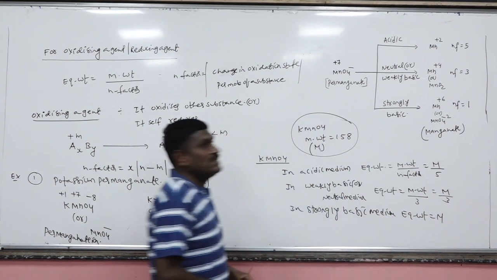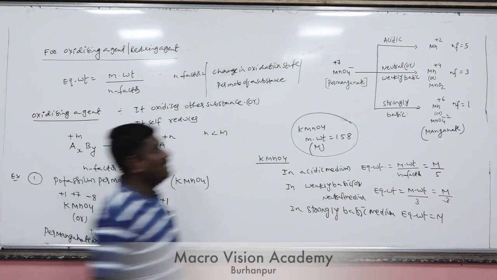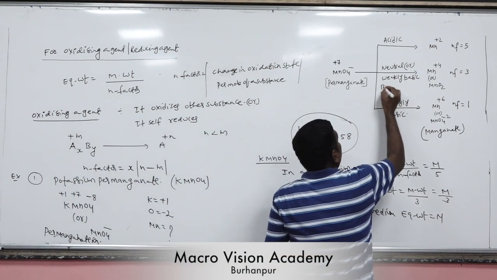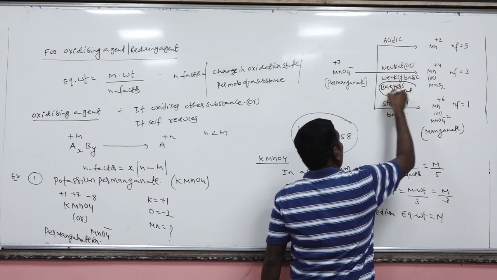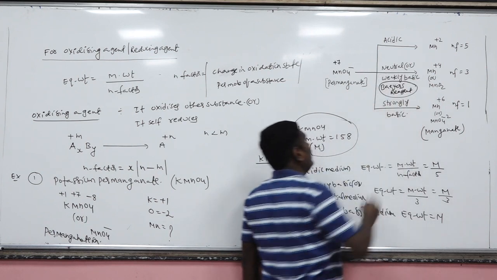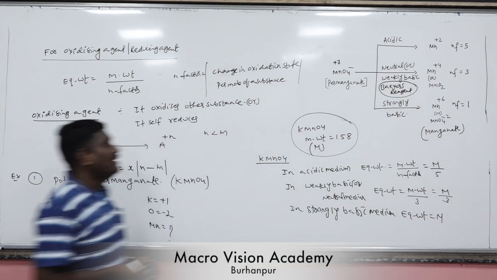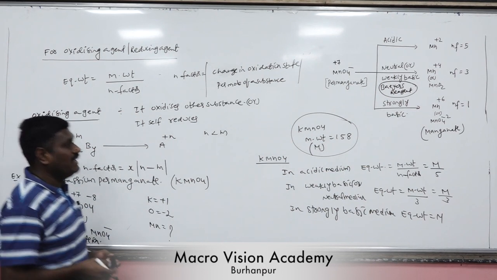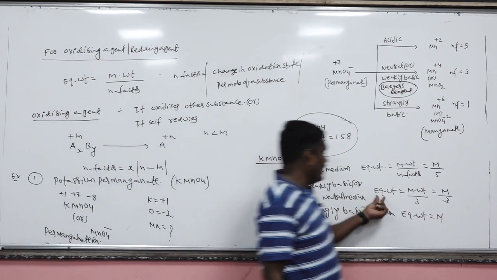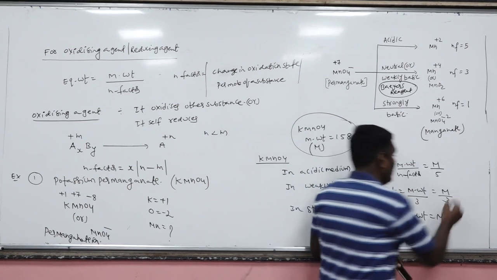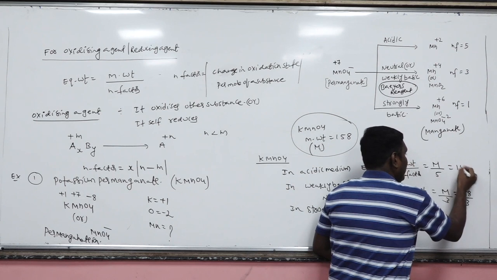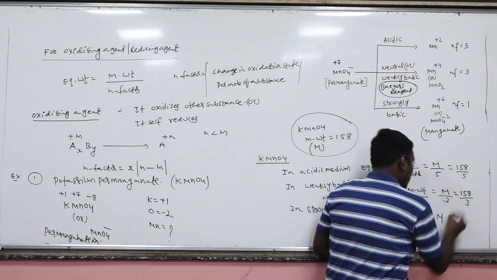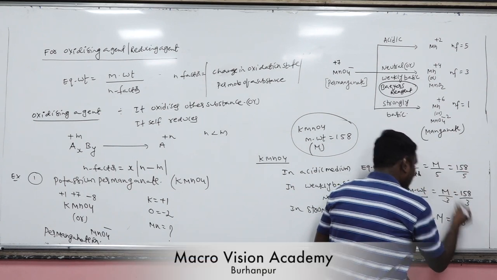Remember, in organic chemistry, we know Bayer's reagent. What is Bayer's reagent? This is the dilute cold alkaline KMnO4. The question will be asking like this also: find the equivalent weight of Bayer's reagent. What is the equivalent weight of Bayer's reagent? Molecular weight by 3. What is the molecular weight here? 158 divided by 3. Okay? Here 158 divided by 5. Here molecular weight and equivalent weight are both equal.